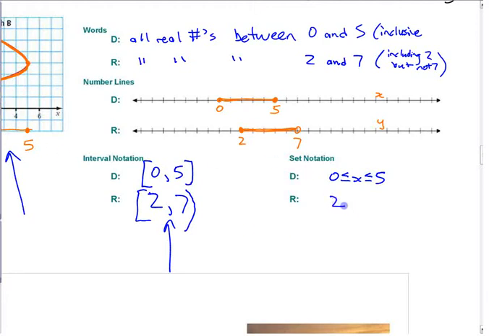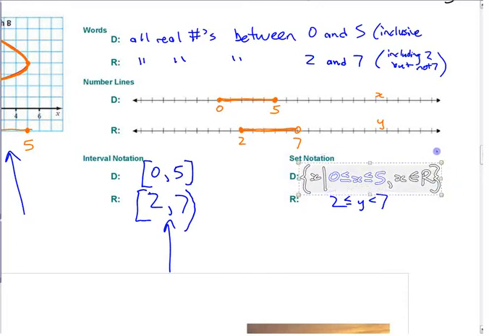This one is from 2 to 7. It's y. It's less than 7, greater than or equal to 2. Again, if you want to put the set notation, you can. There's a couple different ways they write it. One is x such that, and by the way, it's a real number. Or, of course, you could put it where you put,